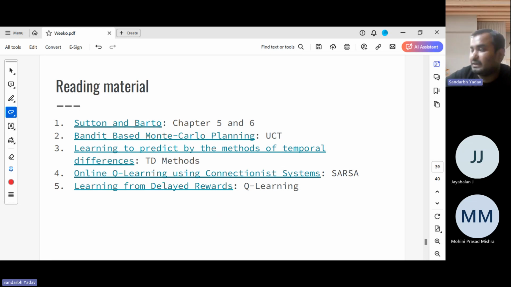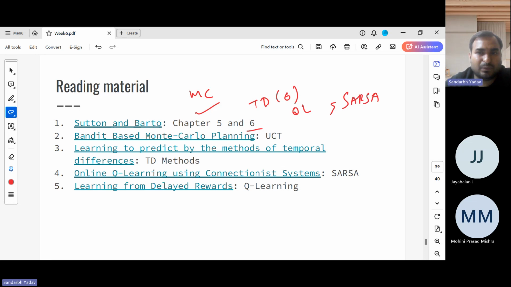So this is the link of the Sutton and Barto book. Chapter 5 was Monte Carlo, which is done. Chapter 6 was these TD methods, TD0 specifically, Q learning and SARSA. This is also done. And in the book there is also expected SARSA, so you can read up on that also. And if possible, you can code it up also. There's not much change which you need to do, since you have the algorithm in the book, you just need to code it up.